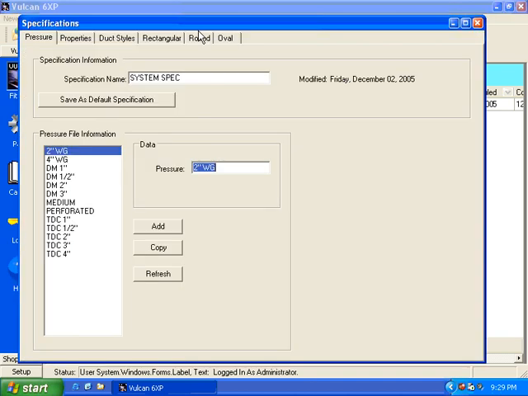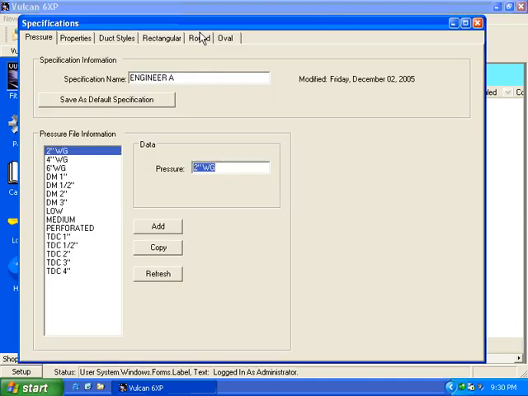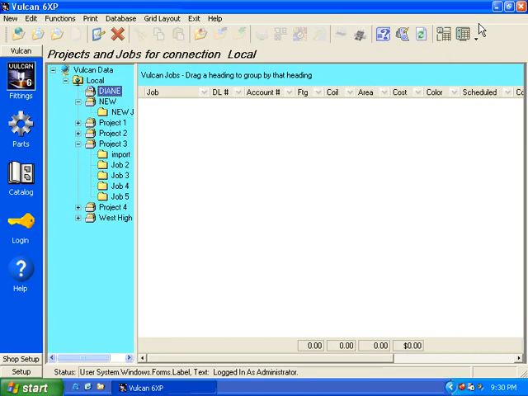any one of the changes here does not mean that if I change low to the 4-inch water gauge and make a change here, that 4-inch water gauge that's in this file will be the same as the one that's in the other project. They are different. And again, one other thing to remember, once you set up pressure files in a specific project and you want to use them over and over, save it as a default. And then when you're creating new projects, you can either copy from the existing project that you know you set up all the specs from, or you can copy from default. And that concludes